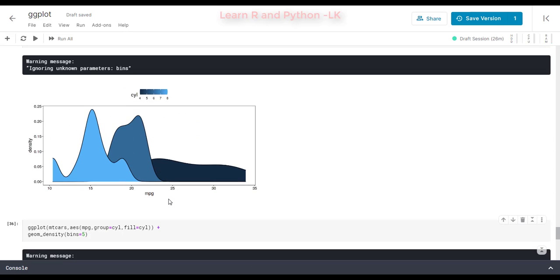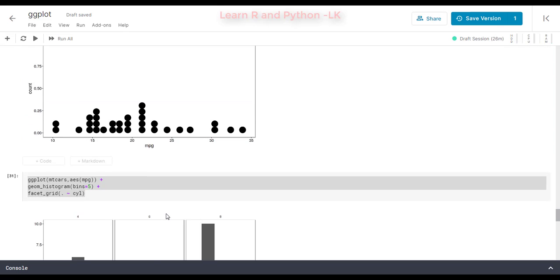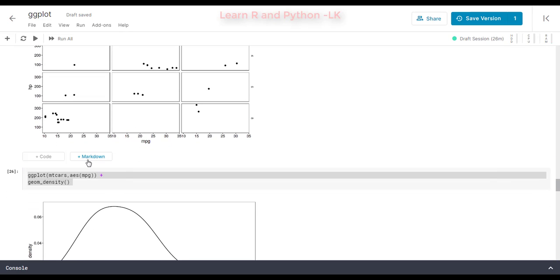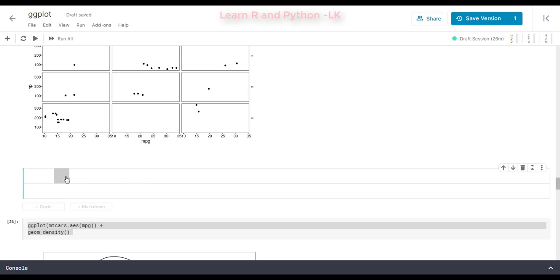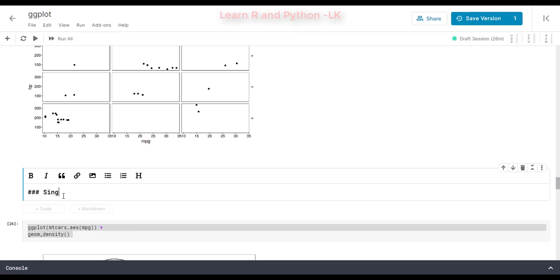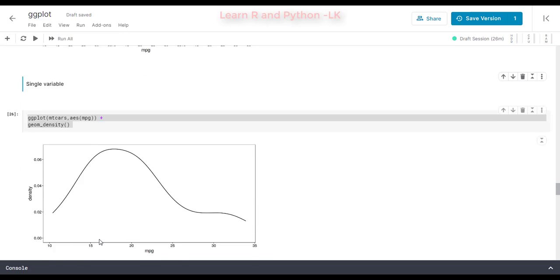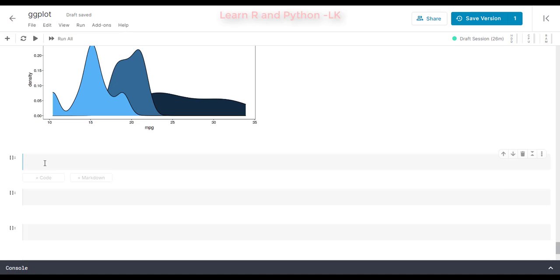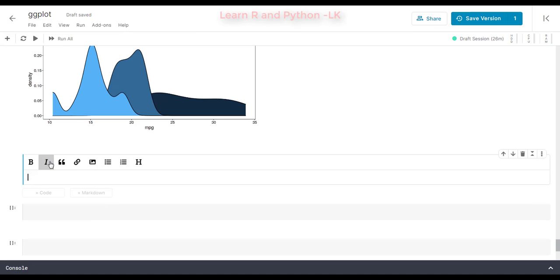Let's go to the two variables. This is just a single variable that we did. So let me put a markdown in this: single variable, and you do this. If you go for two variables,